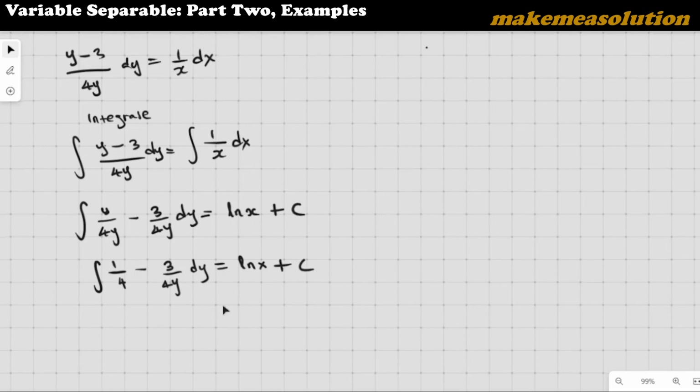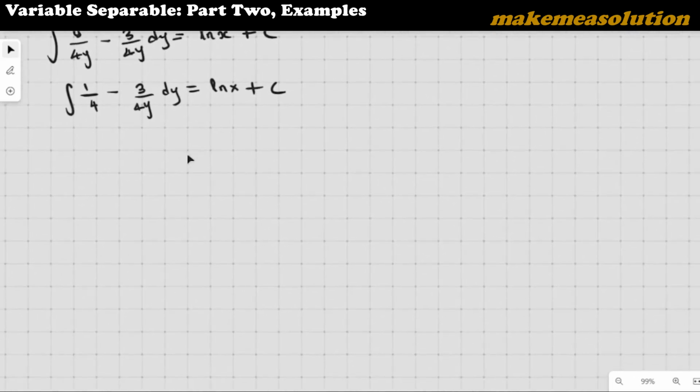Let's keep solving. We have the integral of 1/4 minus 3/(4y) dy equals ln x plus c. If we integrate through, we get 1/4 y minus 3/4 ln y